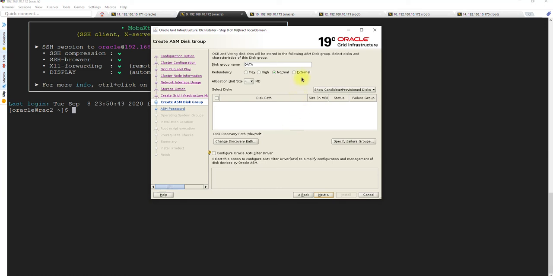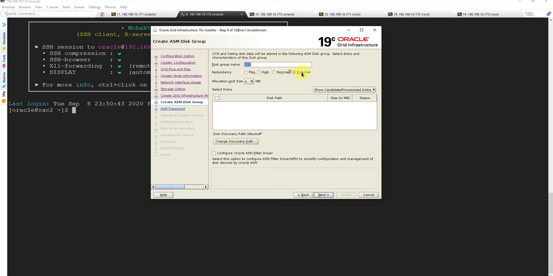Okay, so we are going to create a disk group. The first disk group will be ext. The reason being that we are installing the clusterware. Currently we are not installing the database, we are installing the clusterware. All the cluster files, most importantly the voting disk and the voting file, as well as the OCR file will be staying there. Okay, as well as the ASM instance file and password file, and all those files will be set up here. So you need to make sure to first of all create the ext disk group.